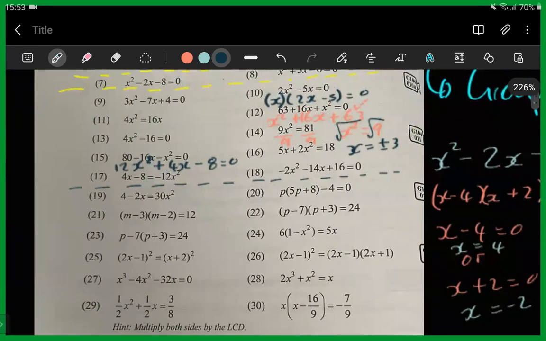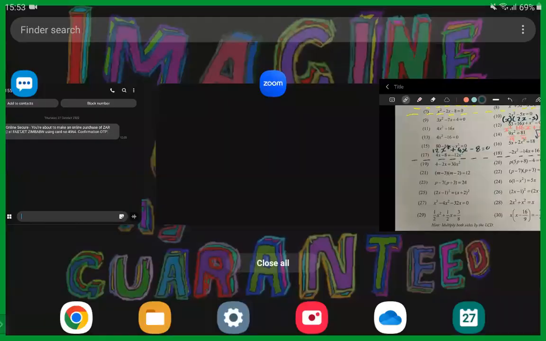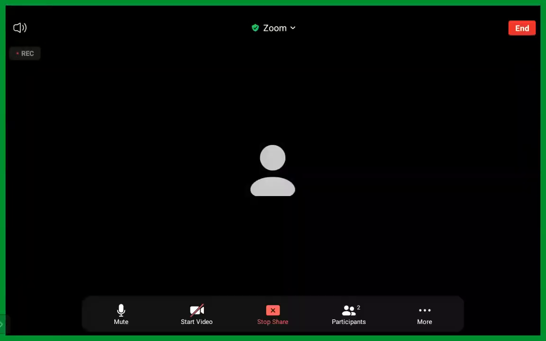So these ones down here, we're going to go through them now also, just to give an idea of how to factorize and how to solve for x for those kinds of questions. Cool. Yeah. Okay. Let us dive